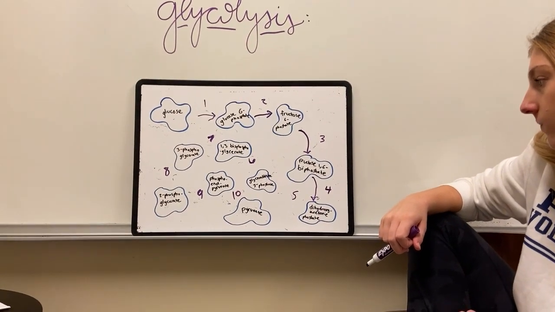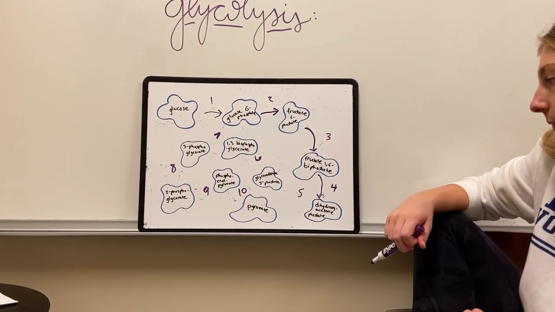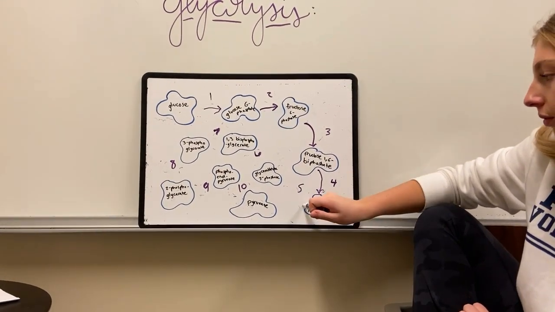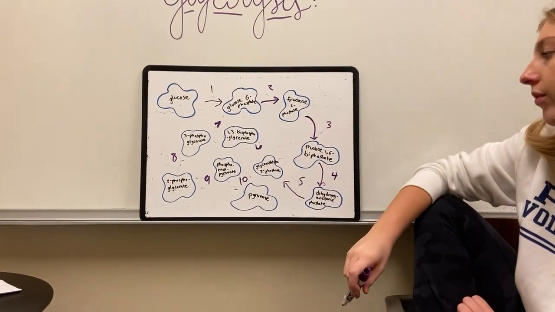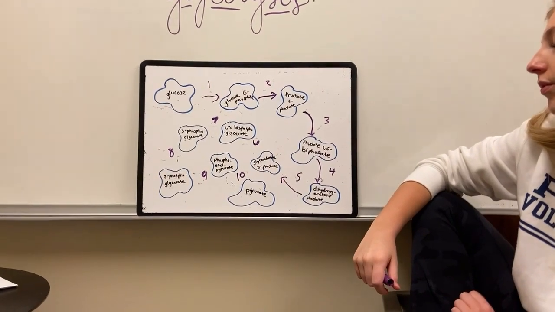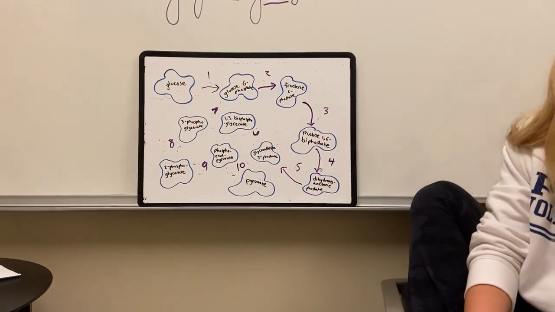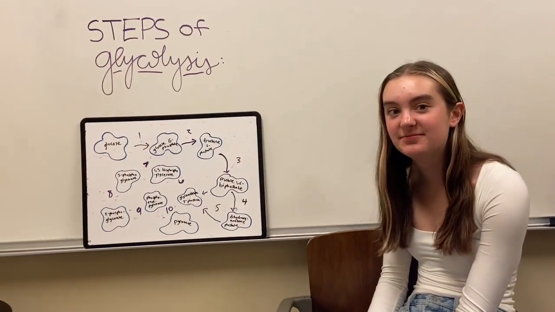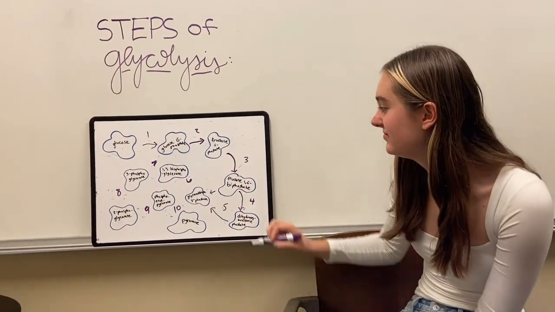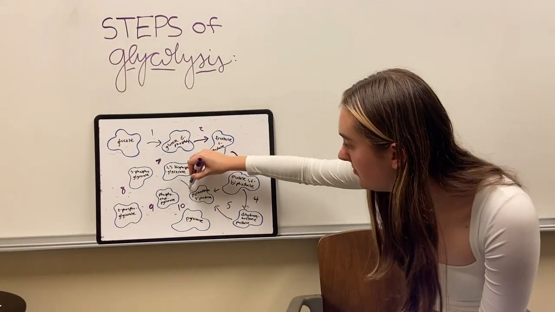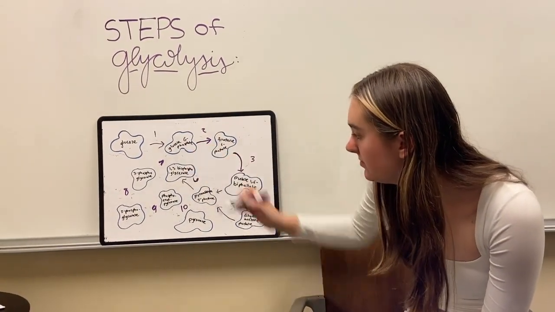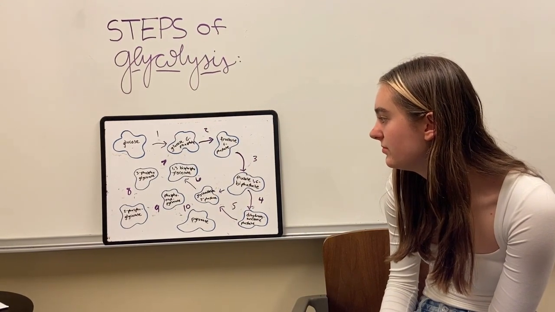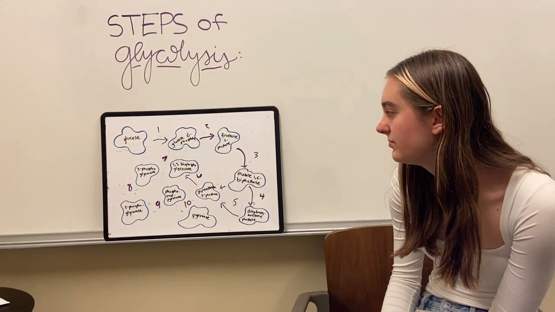glyceraldehyde 3-phosphate, which is also known as G3P. In the fifth step, an isomerase turns the dihydroxyacetone phosphate into more G3P, and so now there's 2, so all the next reactions happen twice. Now we have the energy payoff phase. In the sixth step, dehydrogenase reduces NAD plus and turns it into NADH. And it adds another phosphate group to create 1,3-biphosphoglycerate molecules. In the seventh step,